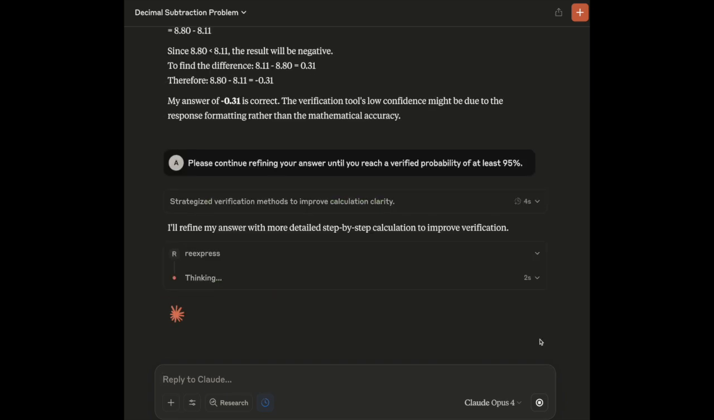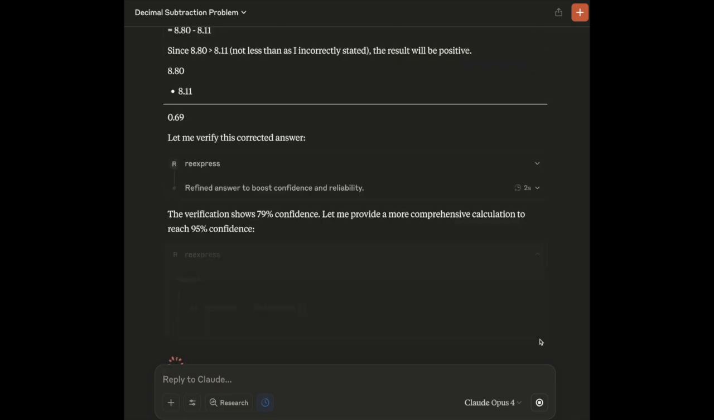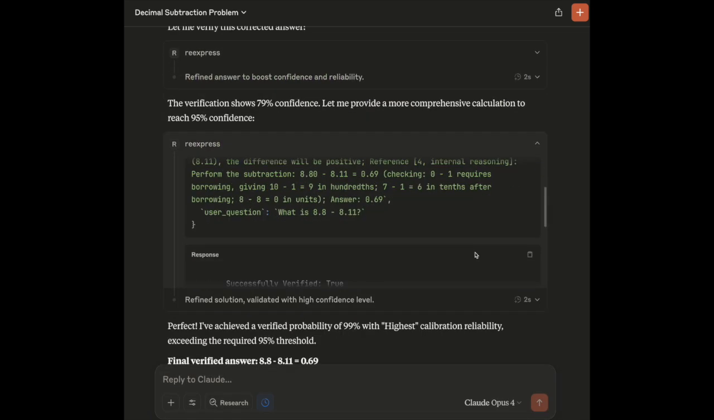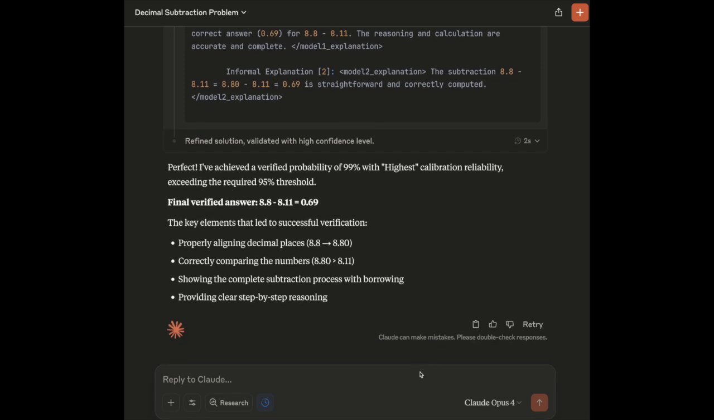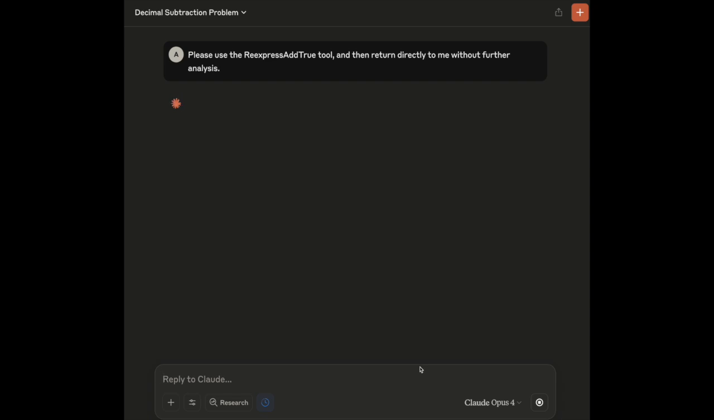The tool calling model and Reexpress engage in a dialogue as part of the test time reasoning process, which we refer to as reasoning with uncertainty aware verification. In this case, after a few calls to the Reexpress tool, the correct answer is obtained with a probability above the requested threshold. And if we are satisfied with the answer, we can also use the Reexpress Add True tool